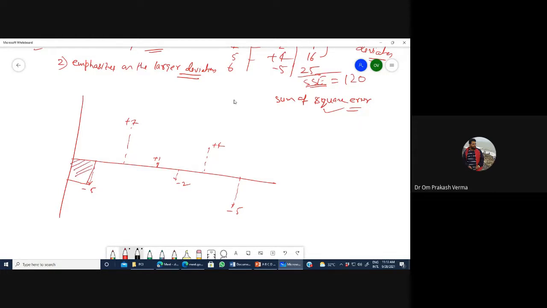25 is this one, like the visualization. Now we are going to draw the visualization. And 49, you can see here, this one is now your 49 part. This one is 49. This is 25. Now this is plus 1. This is 4. This is 16. And this is 25.